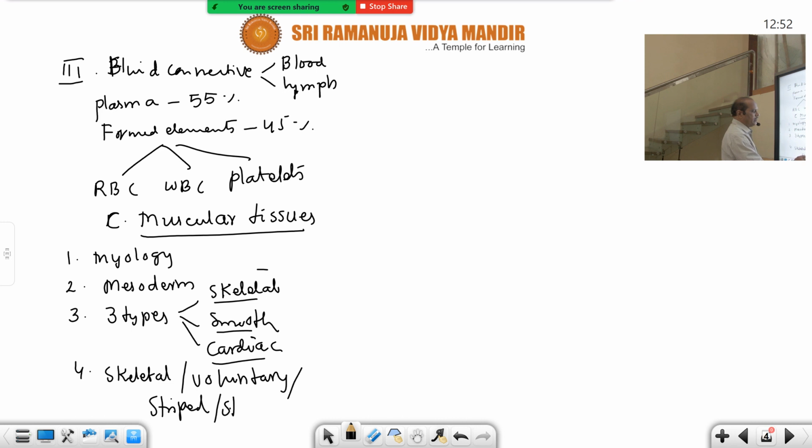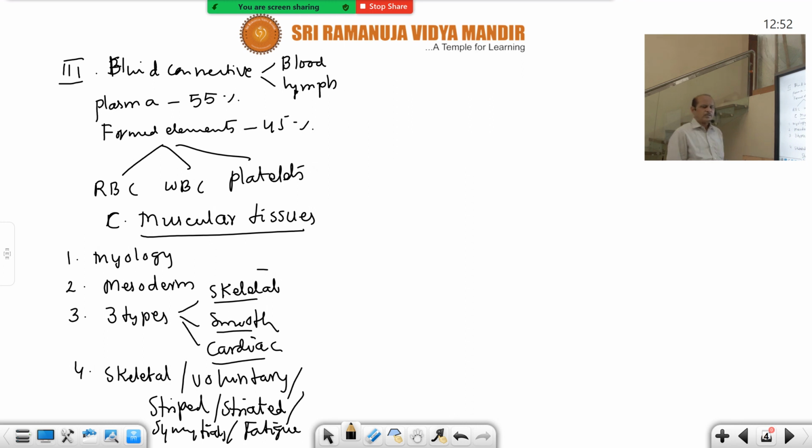muscles or striated muscles. Because of the alternately arranged dark bands and light bands, they are also called striped or striated muscles. They rapidly contract and rapidly fatigue. That's why these are also called fatigue muscles. And many nuclei are present, hence these are also called syncytial muscles and also called fatigue muscles. See how many names are there for them. And these are cylindrical